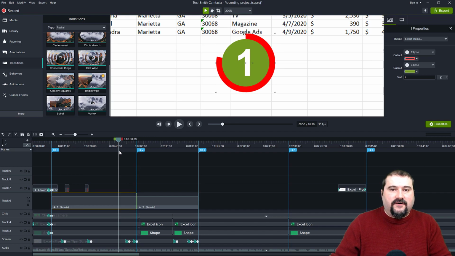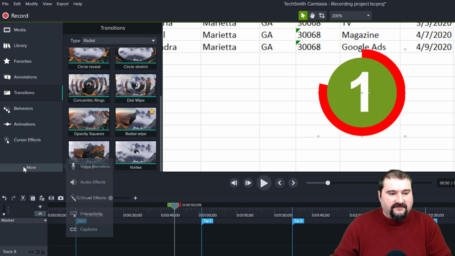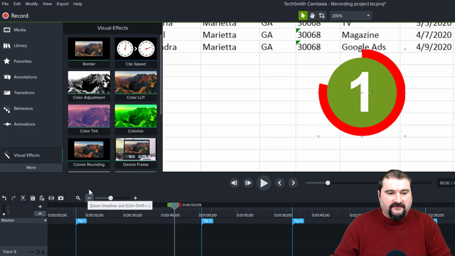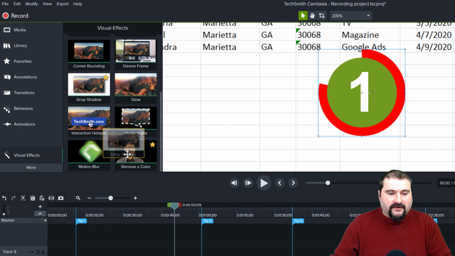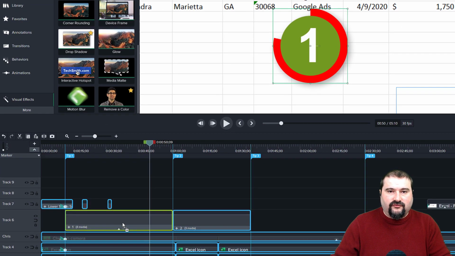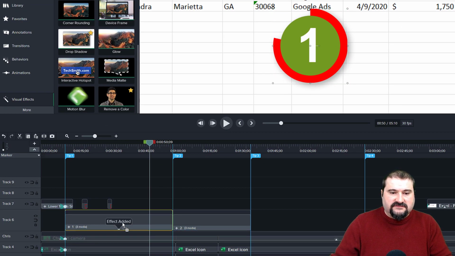To take this a step further though, before I make the other copies, what I want to do is I want to make this kind of stand out from the background. So if I have sort of a moving background or some very much activity in the background, I want these to kind of stand out. So what you can do is actually you go to the visual effects. On the left there, you visual effects, and you can add a drop shadow to it. But you add the drop shadow to the group itself. You know, just there you go. So drop shadow, and now the things stay.